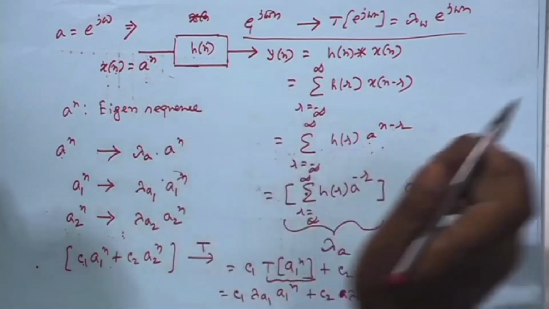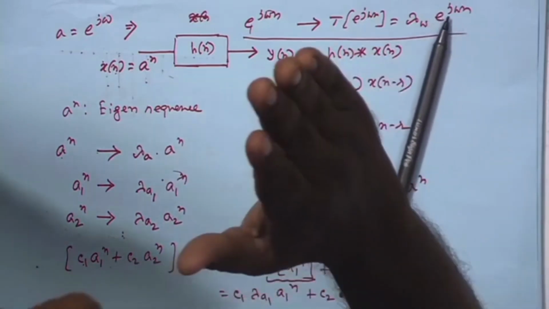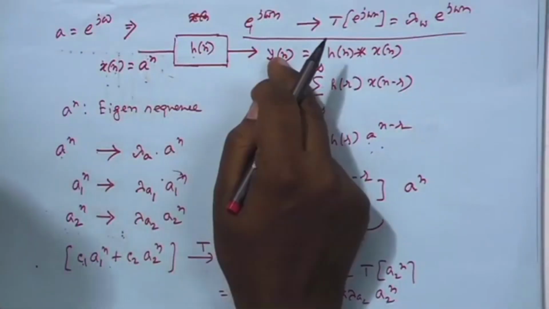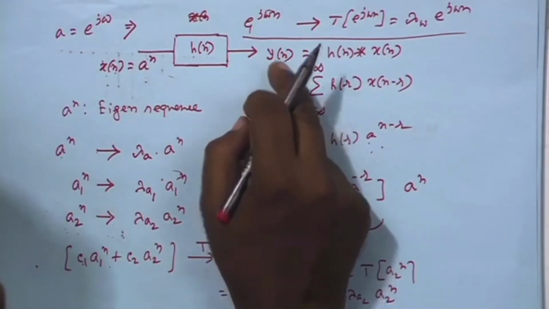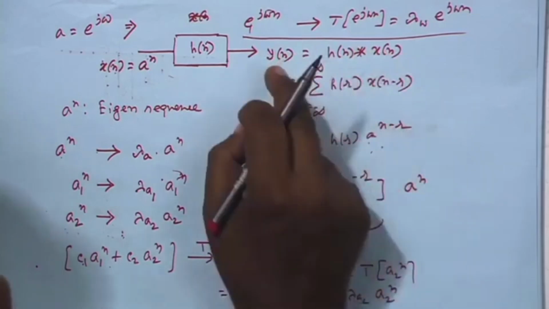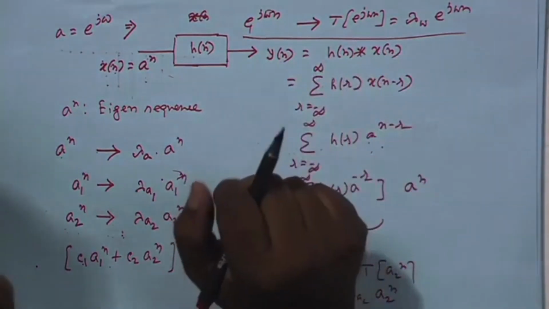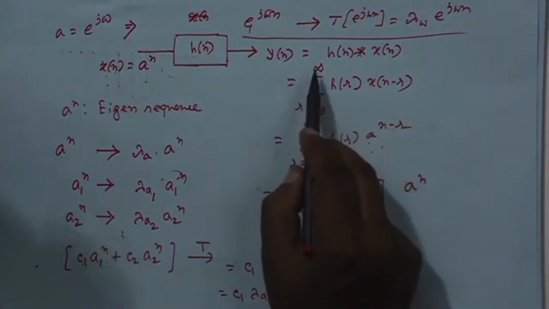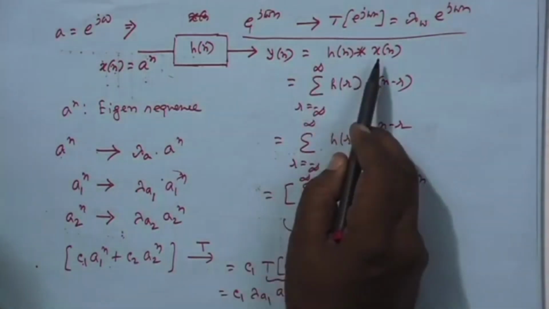This is like a matrix eigenvalue eigenvector problem, where if a matrix has an eigenvector, say x, then the matrix times x will come back as x only, multiplied by a scalar constant lambda. All the elements of x get multiplied by lambda. Similarly, if I input a to the power n, the output will be a to the power n, but every sample of a to the power n, for each n, will be multiplied by the same constant, you can call it lambda. Why? Because we showed that if you carry out the convolution between h[n] and x[n],